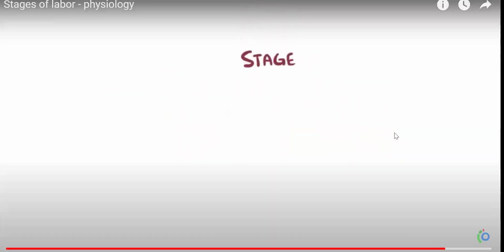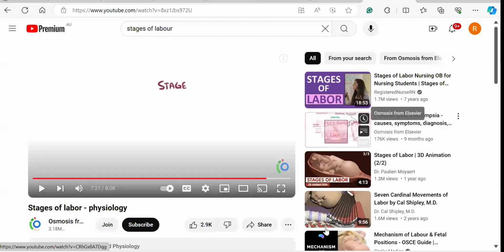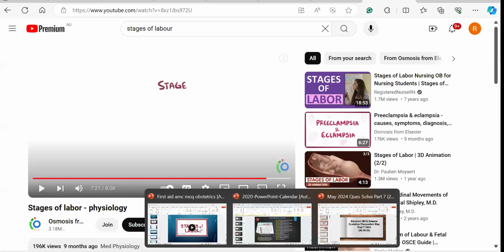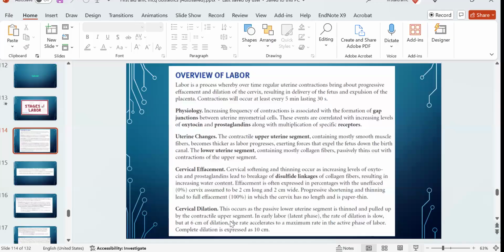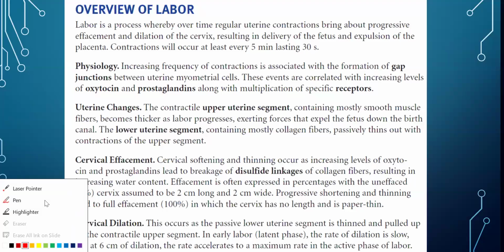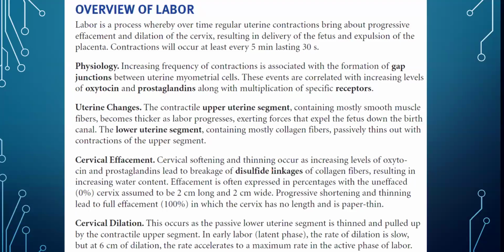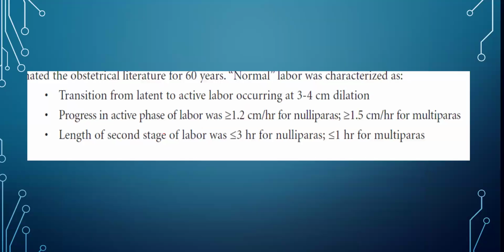Sometimes, several hours after delivery. Okay, so that's basically all that you really need to know about the normal stages of labor. Okay, so let's recapitulate what you have learned from the video. So we have learned that there are several changes that happen in the cervix for the baby to descend properly, right? So cervical dilation and effacement.